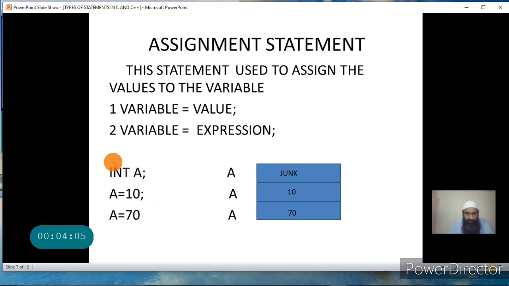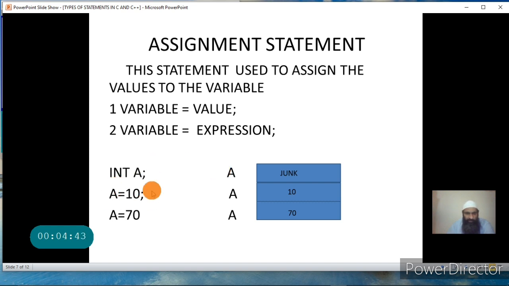Initially, the first statement is int a. It gives a name to a variable or a memory location. Now the value stored in that variable is a junk value. That is the value that is not assigned by the programmer, but is given by the system itself once we switch on the power. As I told you, when the power is switched on, certain values come in the memory automatically. These values are called junk values.